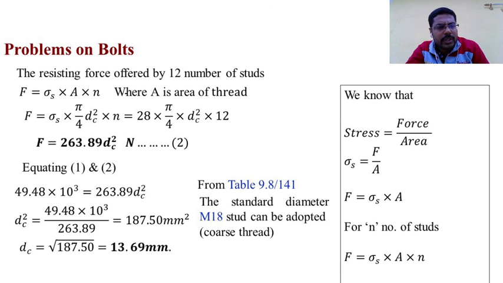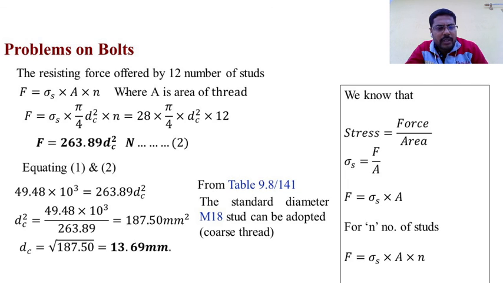Then F is equal to sigma S into A into N, where A is the area of the core thread. Then F is equal to sigma S into pi by 4 dc square into N. Dc means core diameter. N is the number of studs. Therefore 28 into pi by 4 dc square into 12. The dc value is not given, therefore we substitute it here only. Then the formula comes as F is equal to 263.89 into dc square. Equation number 2. Equating 1 and 2,